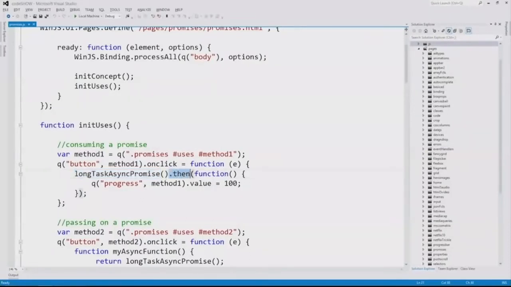And here's the magic, then. A promise has a then method that hangs off of it, and we can call then and pass it a function. Actually, we can pass it more than one function, but I'll explain why we would pass it more in just a second. We pass it a function which indicates this is what I want to happen whenever this promise finishes. Now, many of you have experience, it sounds like, from the chat window with jQuery, and you notice